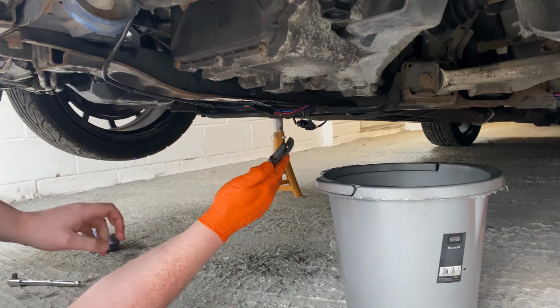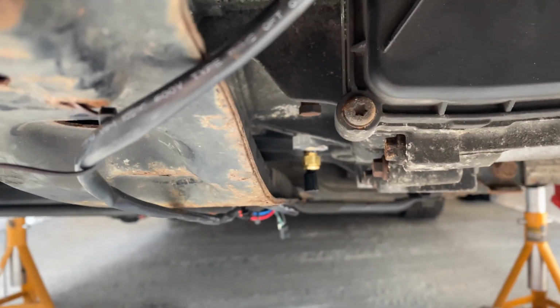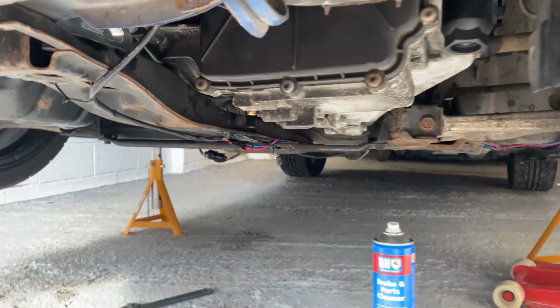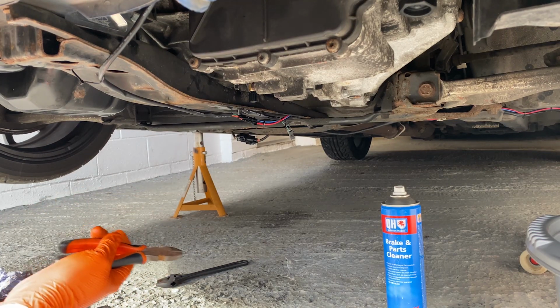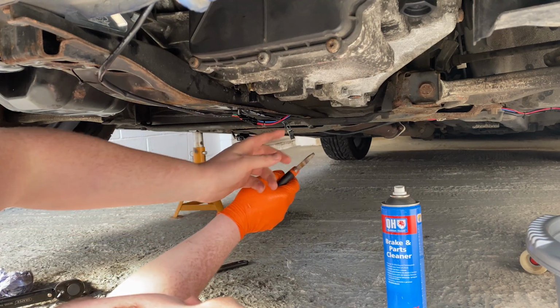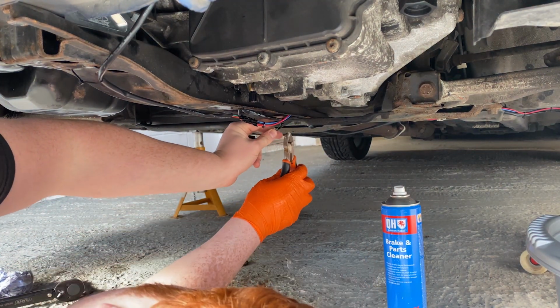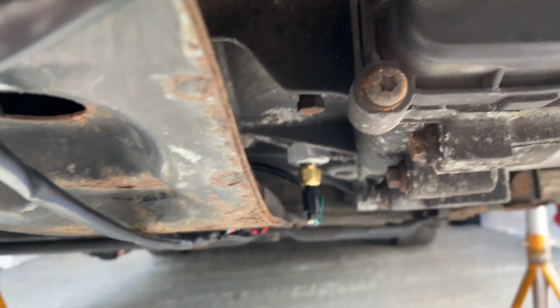I took it out, I can feel how much roughly tension was on it. So as you can see, it's not the lowest point. The gearbox is actually lower than that sensor. Now, I've just given it a little squirt with some brake cleaner. It doesn't appear to be leaking, but I'll take it around the block and I'll give it another looking over pretty soon. So that's the final install,